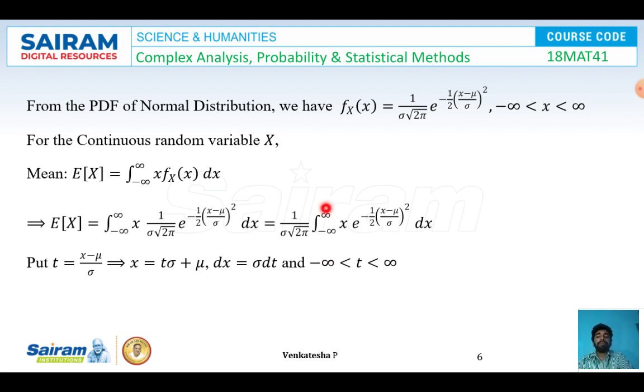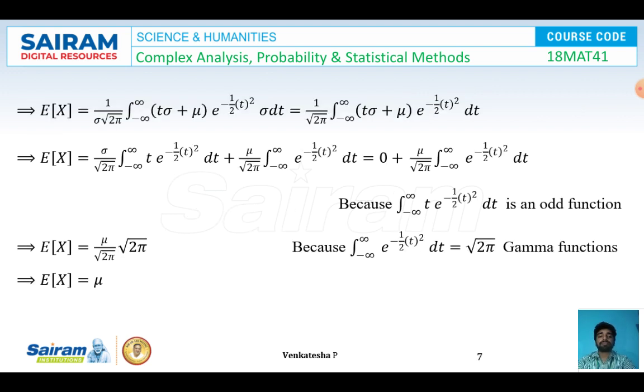Similarly, the upper limit x equal to infinity, I'm going to replace in this equation. I'll be getting t equal to infinity for the upper limit. That is, the range of t is minus infinity less than t less than plus infinity. Okay, now after replacing all this data in the previous expression, we'll be getting expectation of x is equal to